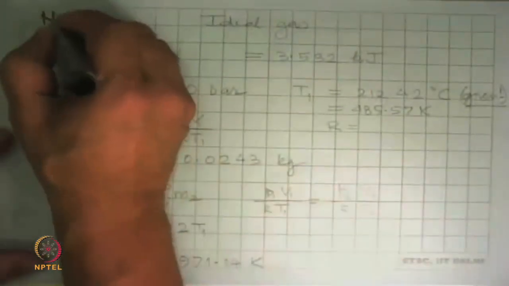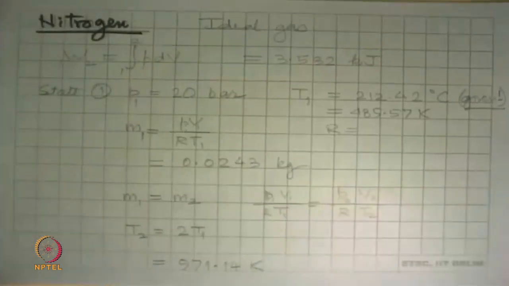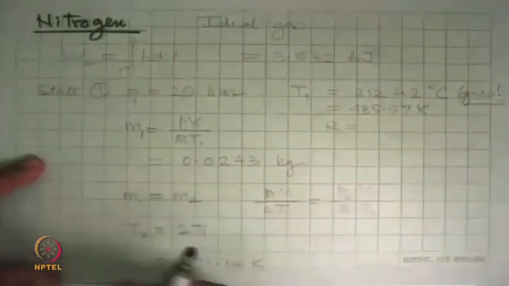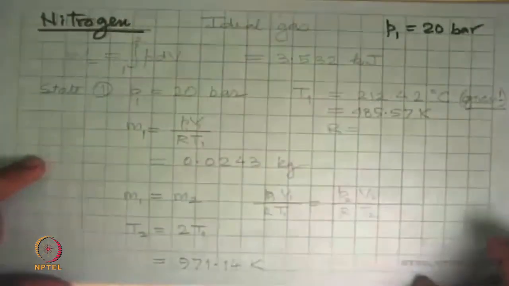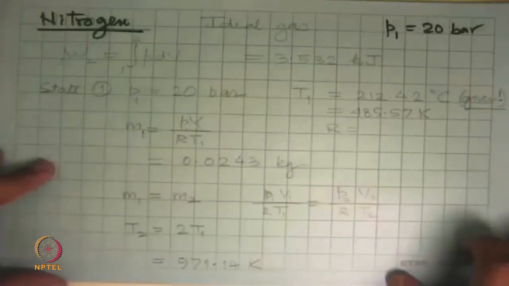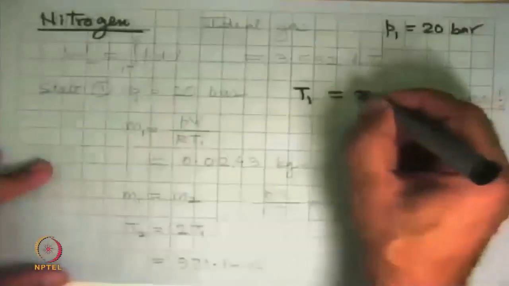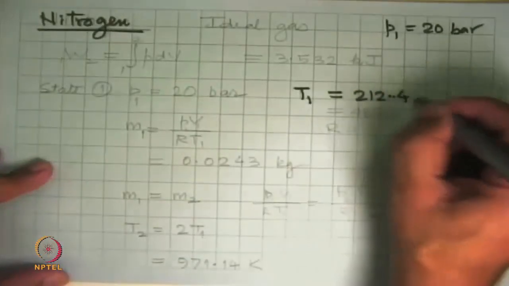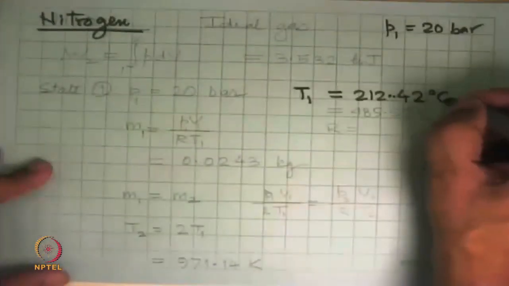Now we go back and say that instead of water, if I had nitrogen, so nitrogen is now a different ballgame altogether, and we say that the geometry of the device is the same, pressure is the same, 20 bar. The question is, for knowing state 1, either I need to use the mass of nitrogen or the density of nitrogen or specific volume or temperature. So what we will do is assume that the temperature of nitrogen is the same as what was there for water. It doesn't have to be, but just for comparison's sake, it will tell us what happens to the system if, at the same pressure and temperature, we have nitrogen instead of water. So we take that this is given to us.